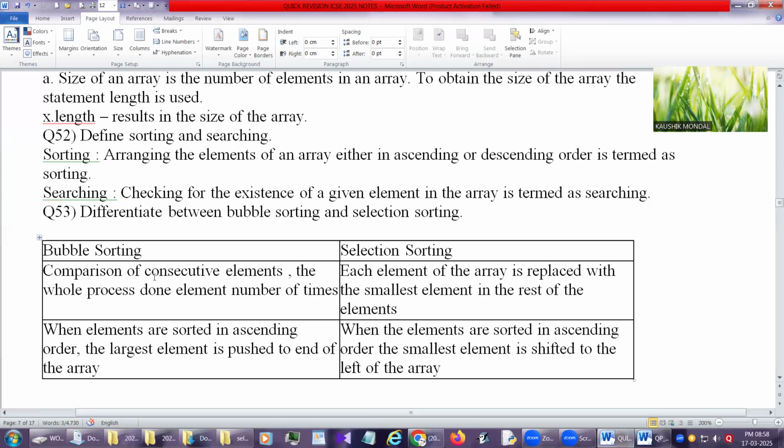If the element at index one is higher, then we replace it. By this way, we push the highest one, that means according to the ascending order, the highest one goes last. Then again the same process starts from the beginning, apart from the last one. By this way we are able to arrange.